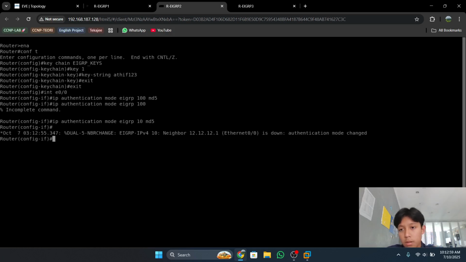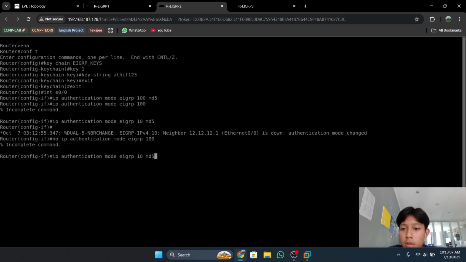Then add ip authentication key-chain eigrp 10 EIGRP_keys, where 10 is the autonomous system number.